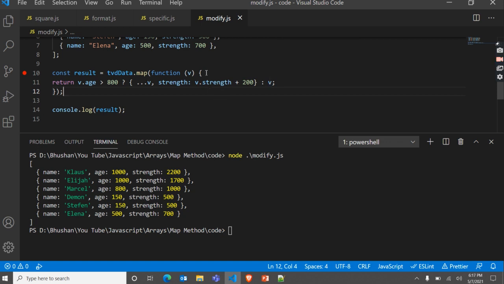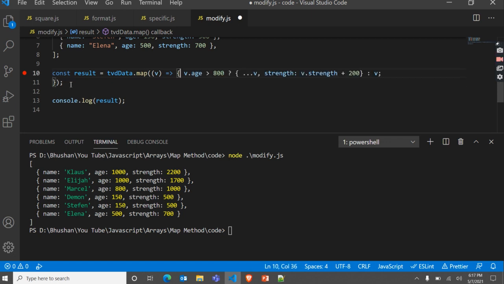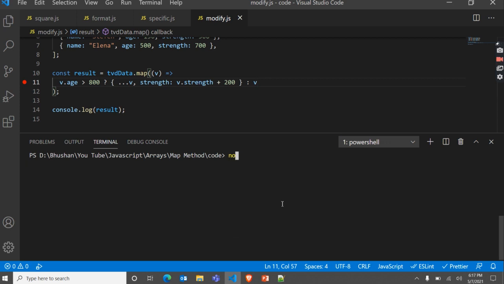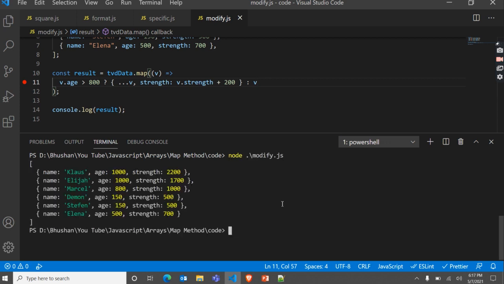Also, we can minimize this using an arrow function. Here we don't need this, we don't need this one also. We can minimize this code. Run node modified. See here, we get the same result.